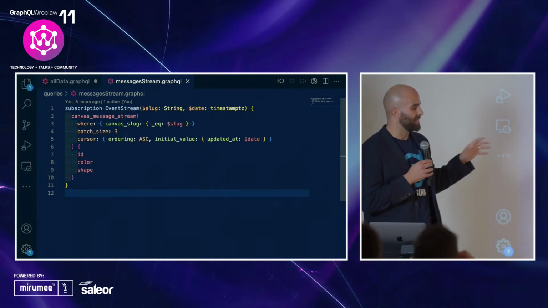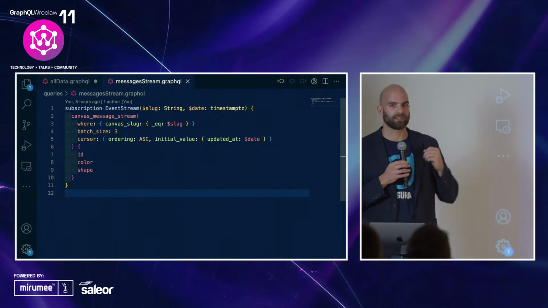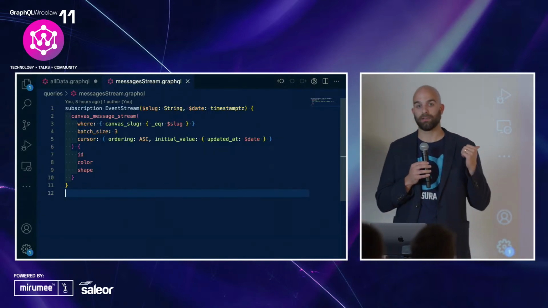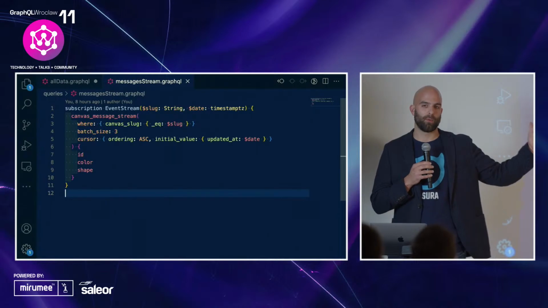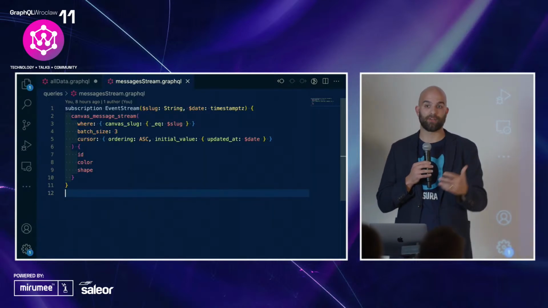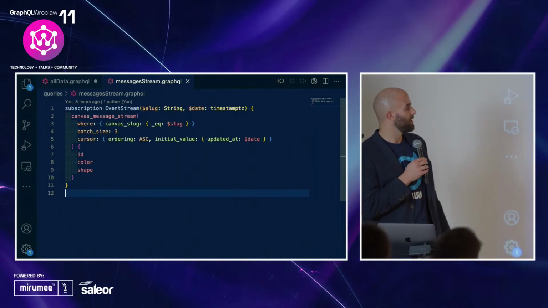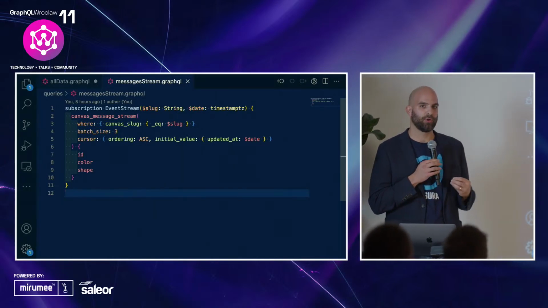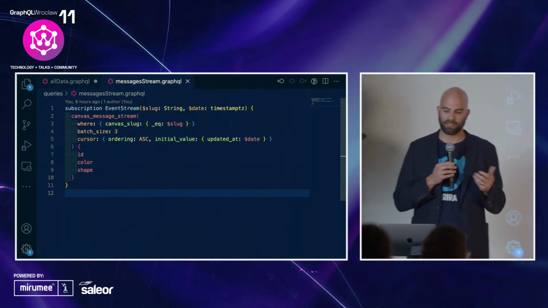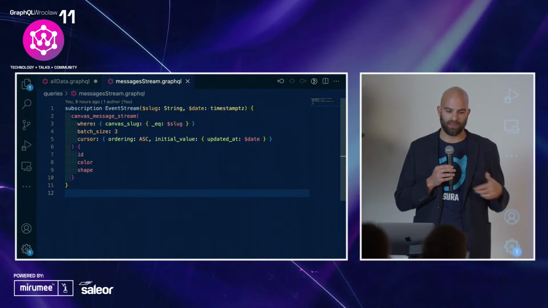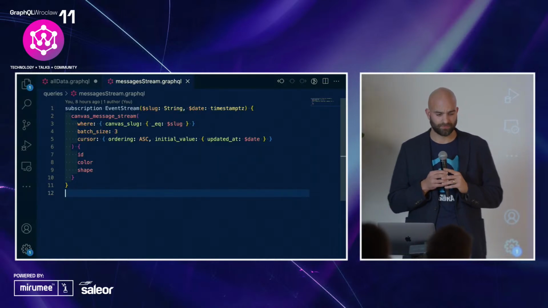So I could say, as a client, I want to configure everything from when I was last online. Maybe I'm off in the mountains or something and I want to get the message queue streamed in after I go back on connectivity. So as a client, I get to control the ownership of the stream. And that's something that WebSockets give us that @stream won't be able to handle very well.